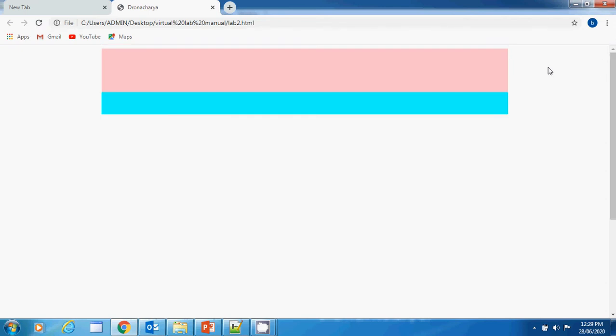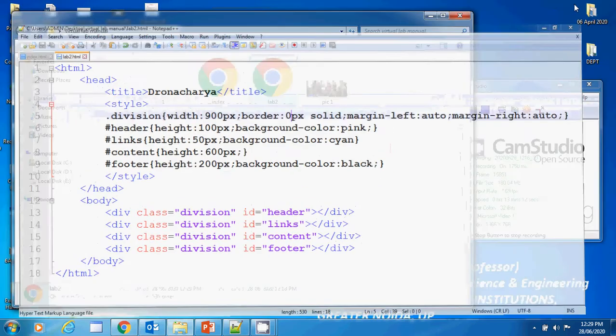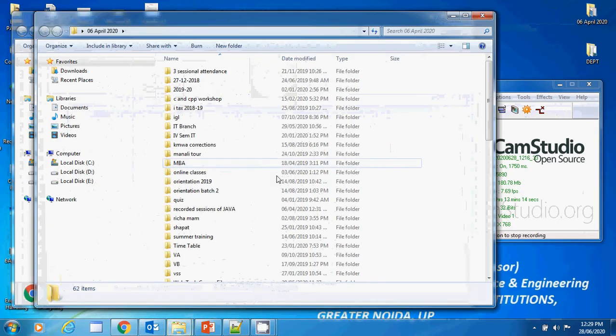Now we'll be applying logo over here. So logo we can take of any website.